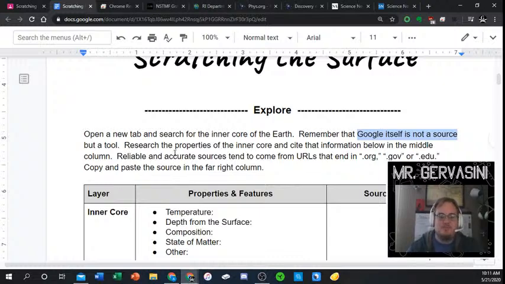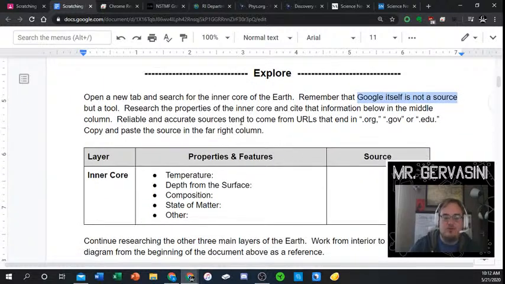Research the properties of the inner core and cite that information below in the middle column. Reliable and accurate sources tend to come from URLs, that's up above, right, that end in .org, .gov, or .edu. The best places to see good geological information are going to come from the NASA of the Earth, the USGS, United States Geological Survey, or also from NOAA too, might have some good information, even though they more or less concern themselves with just pretty much the ocean. But the ocean floor is going to be involved